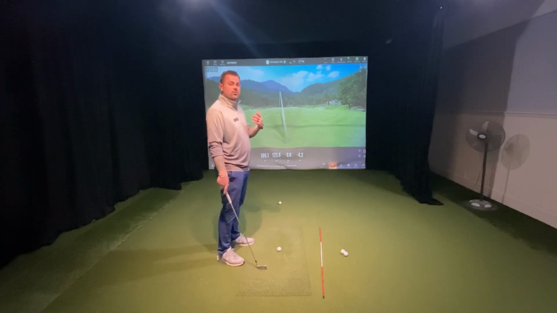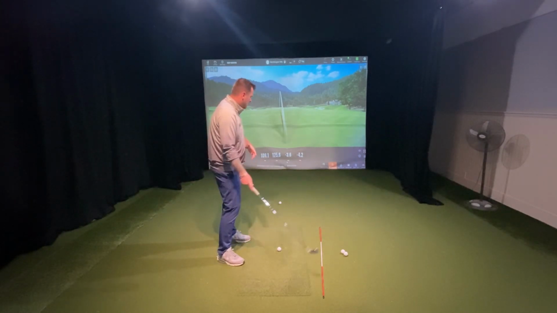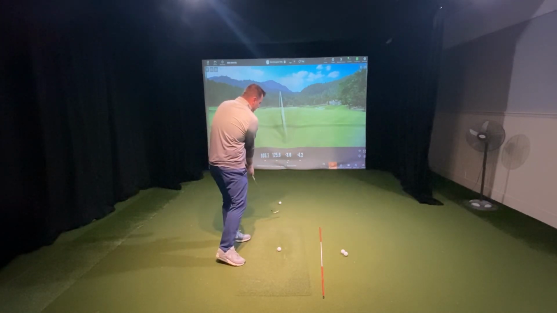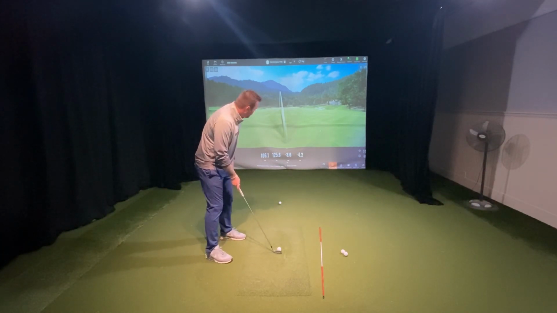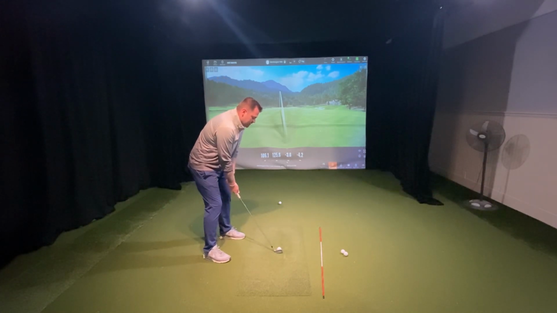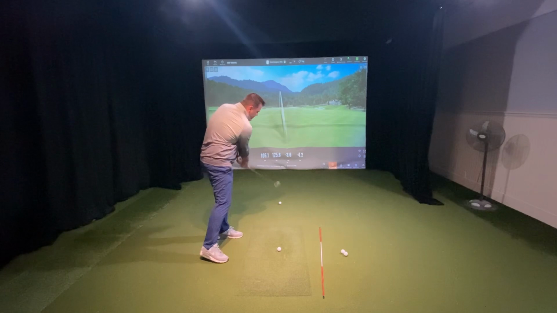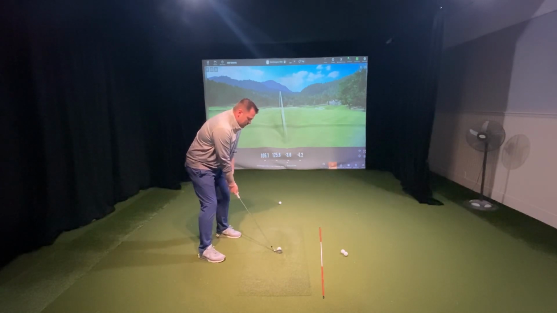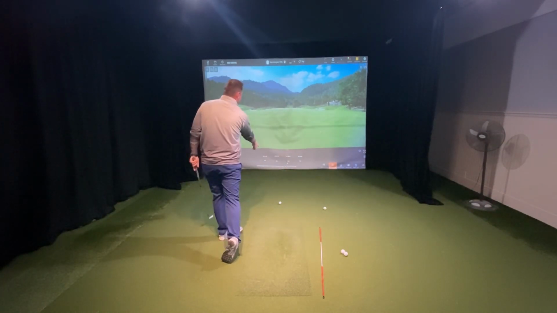So we see this a lot whenever some people are trying to go over the top. Coming over the top means that our swing is coming over top of our body and then going left. We see a lot of people whose body alignment is actually pointing right of the target. Like I said, our club path is going to gravitate wherever the target is, so our club path is going to want to go that way. So we see people pointing to the right, and they're trying to hit over top of it to get it on line. So I came over top of it,